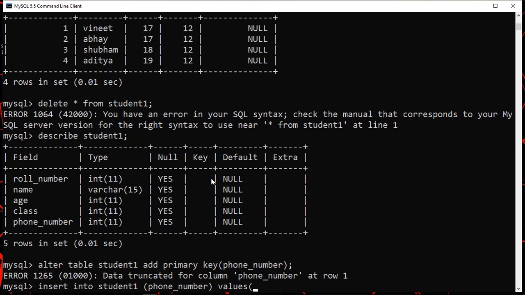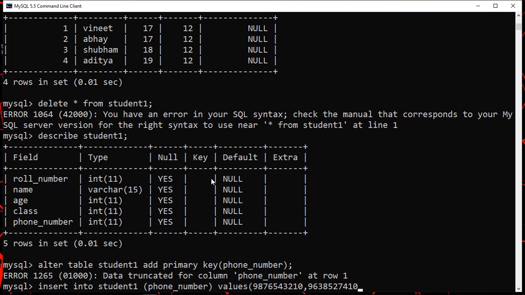Already we are having 4 records, so we need to pass 4 phone numbers separately. Let's write any numbers here: 98765432110. Already 10 digits are here, comma, let's put another number: 96385274110.